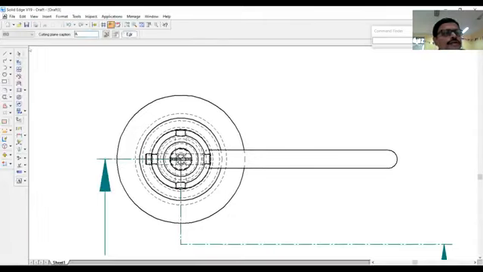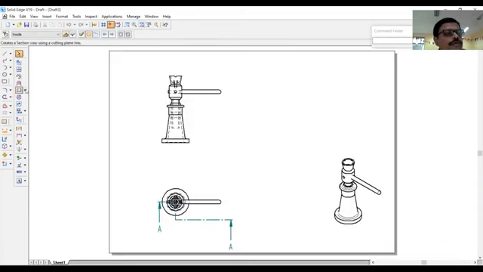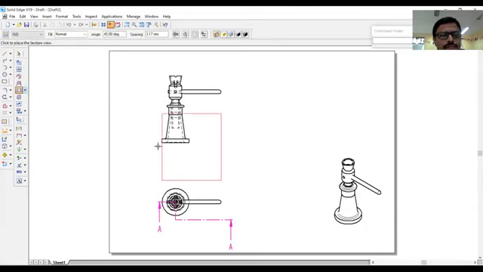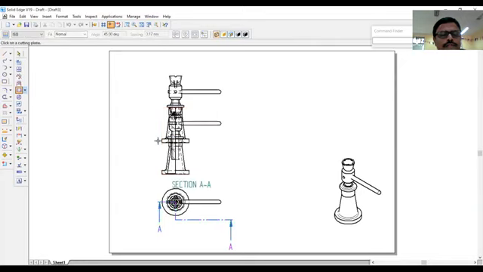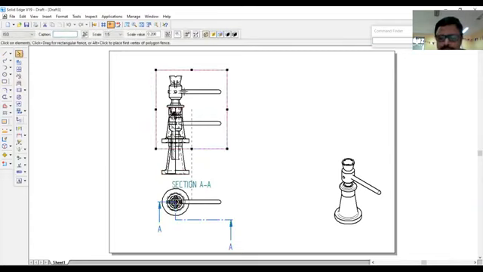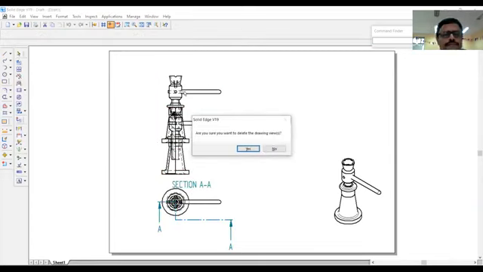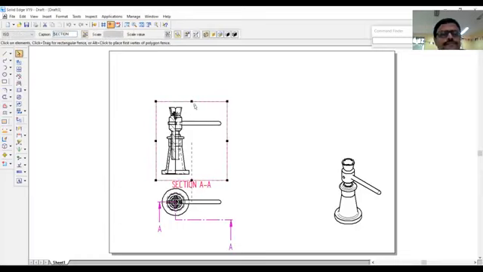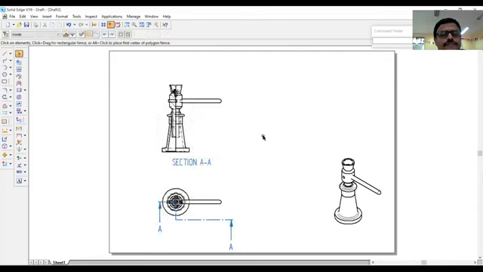Finish it. And this is the direction for view. Now generate the section view. This is the section view. Now I will delete the earlier front view. This is the section view.